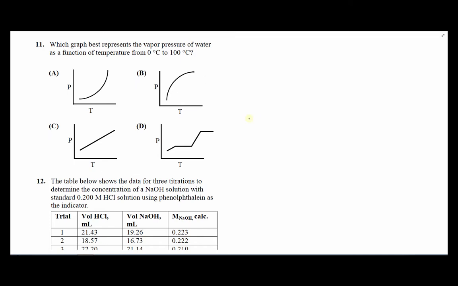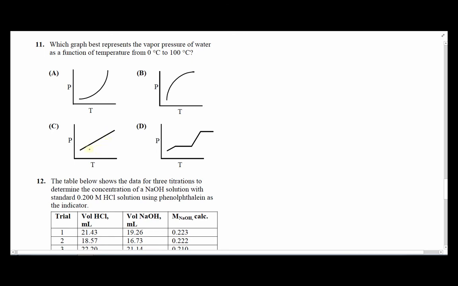Okay, we're continuing with number 11 through 15 in this video. Number 11, which graph best represents the vapor pressure of water as a function of temperature from 0 Celsius to 100 Celsius degrees? Now this is tricky because a lot of students who know the Gay-Lussac's law of the gas